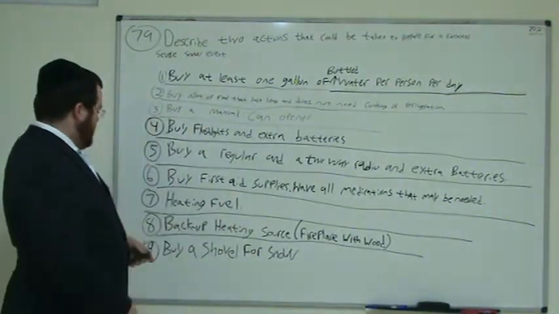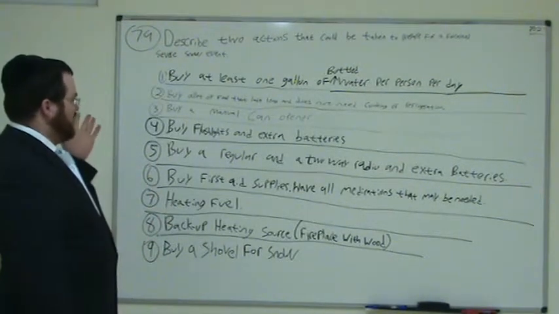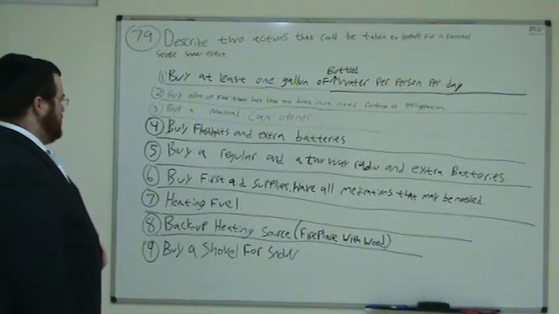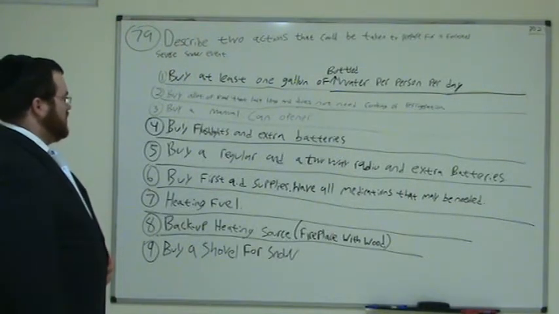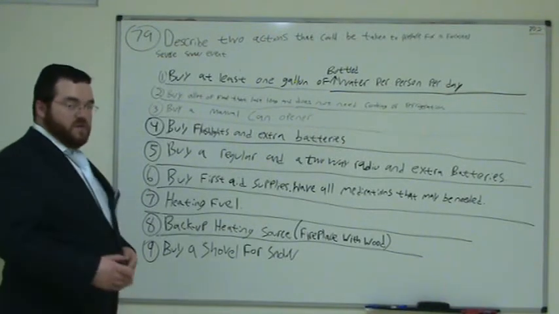So you have 9 answers over here, and you only need to pick 2 of them. One of them is buy at least 1 gallon of bottled water per person per day. 2, buy a lot of food that lasts long and does not need cooking or refrigeration. Because you have to remember that